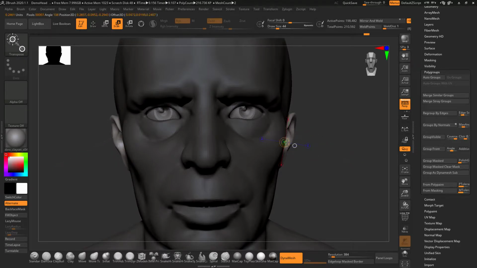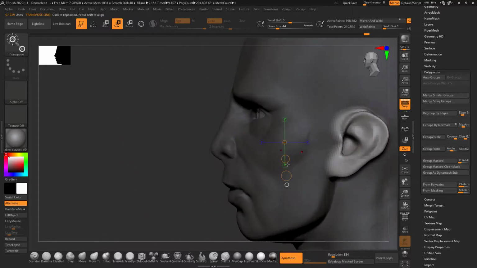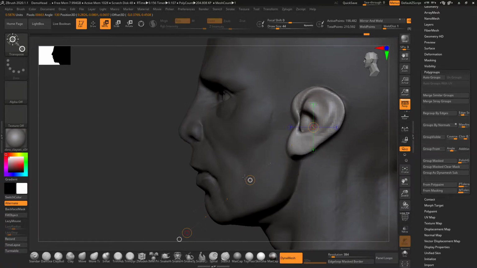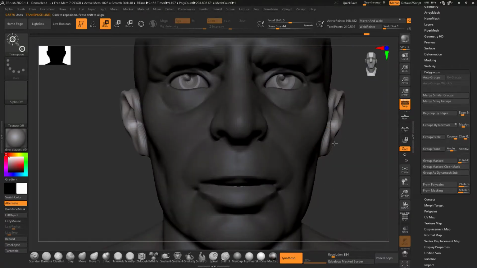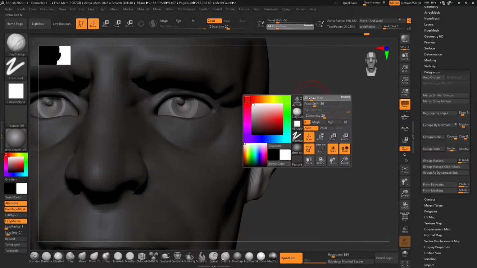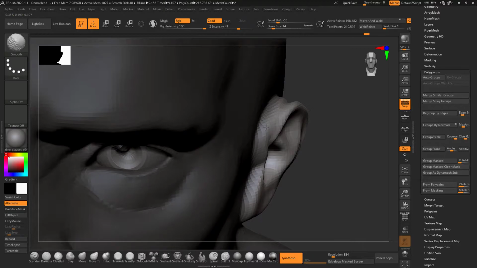So this is something I use. I will just increase the size and adjust the position of the ear, and then I will sculpt it to fix these deformations.